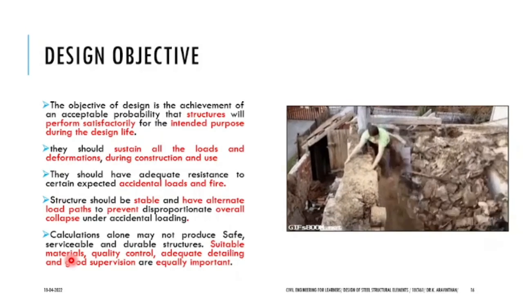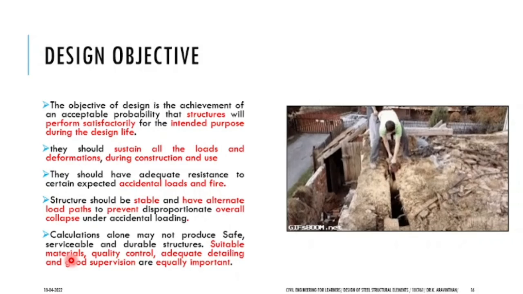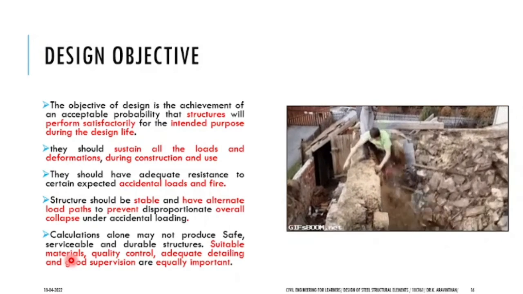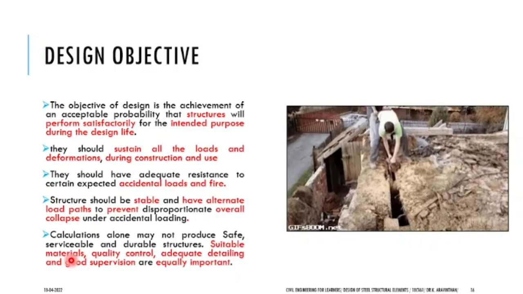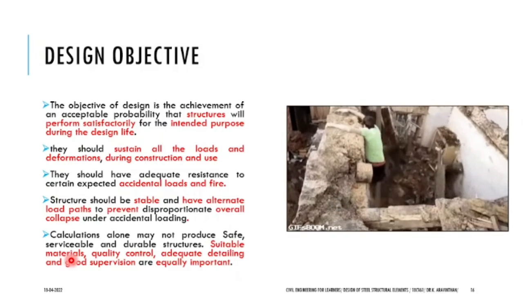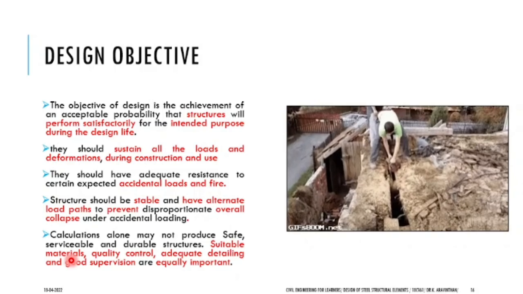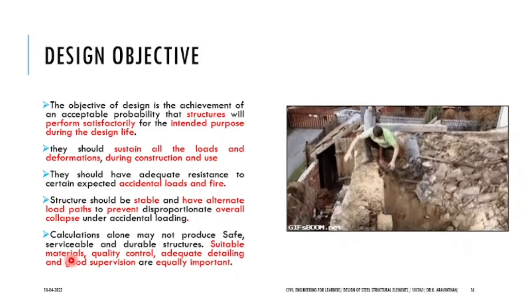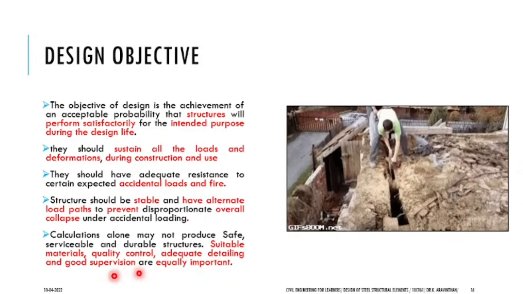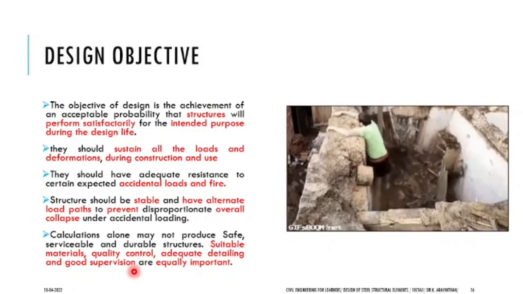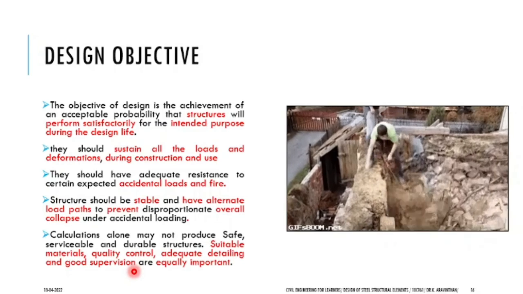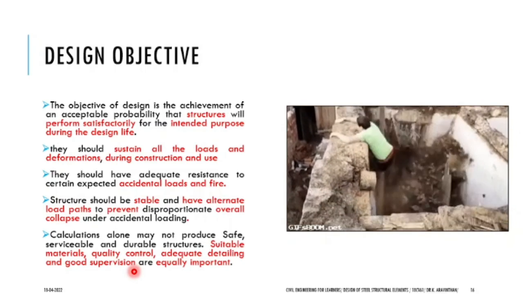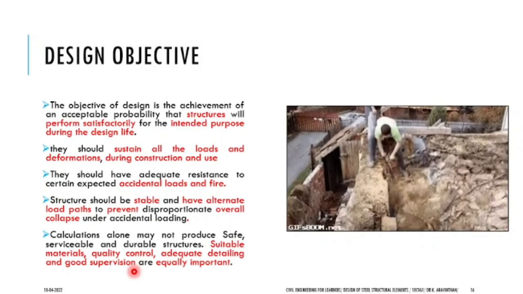But the design report says that you should use OPC 43 grade. Who is responsible for that? Design engineer or project engineer? There are certain things during construction that would happen. This we can monitor: quality issues, adequate detailing and good supervision. So if your supervision is not there, if 10 stirrups have to be laid and only 9 rods are there,